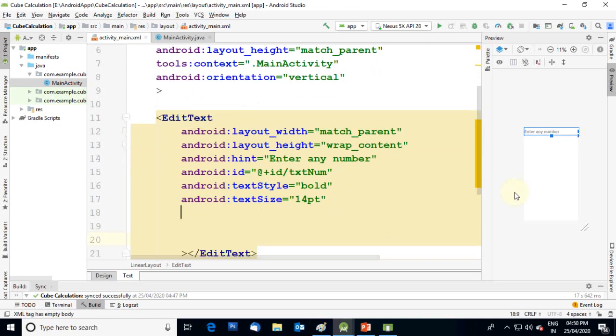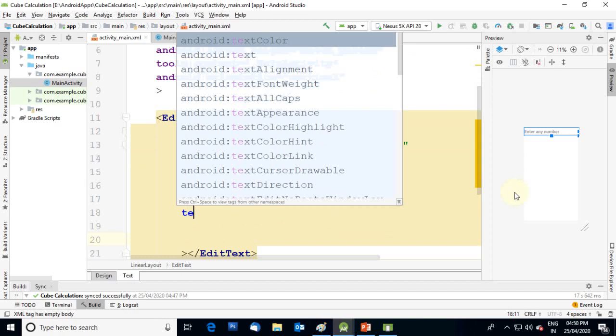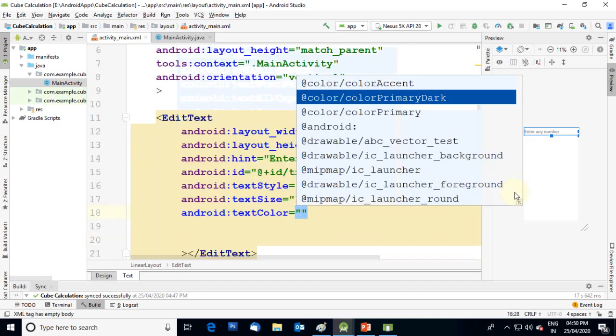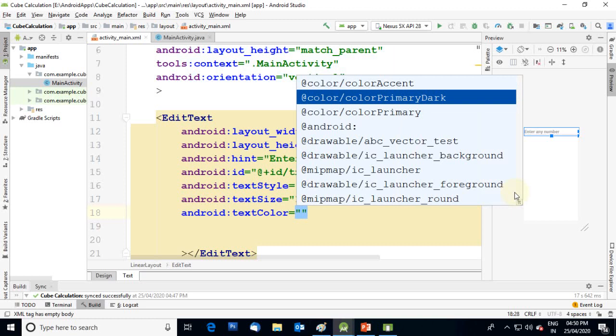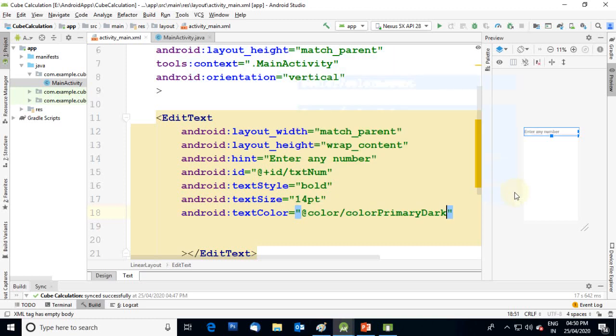Then you can add color also, text color. You can use here colorPrimaryDark. These are predefined colors which are already defined. We can define our own color also, so choose colorPrimaryDark. So this is what we have designed, an edit text for getting a number.